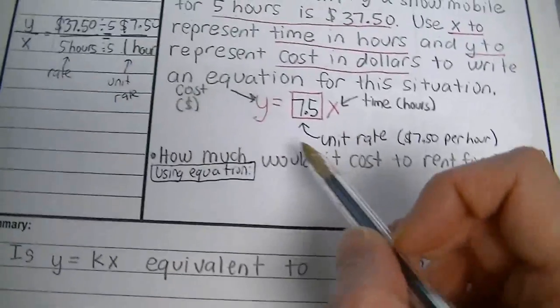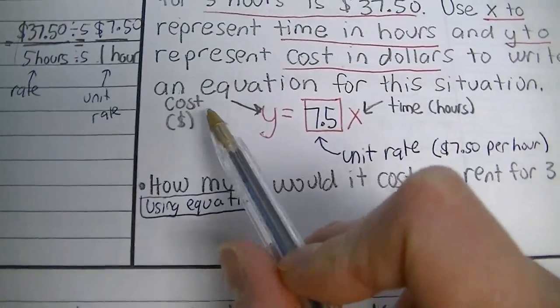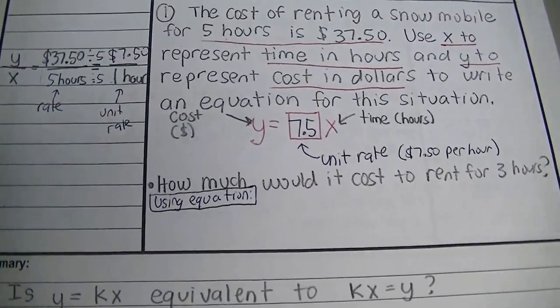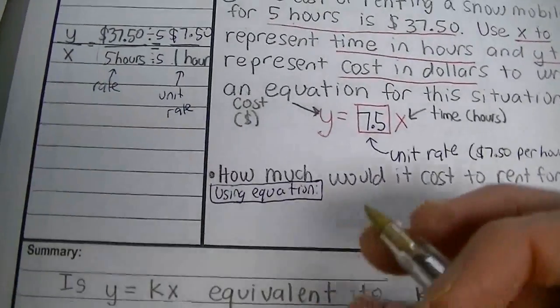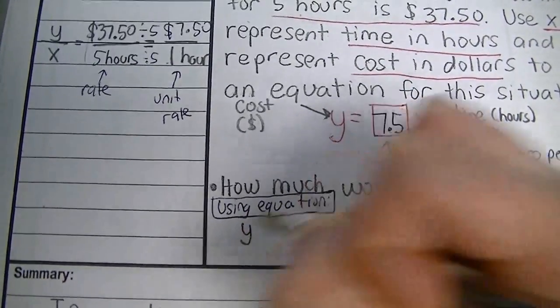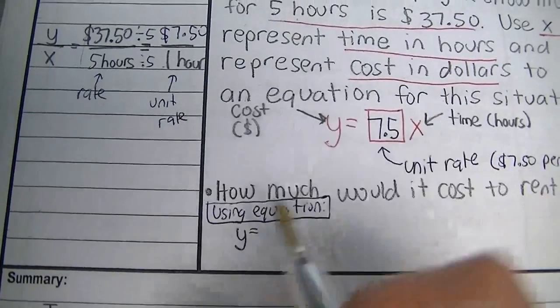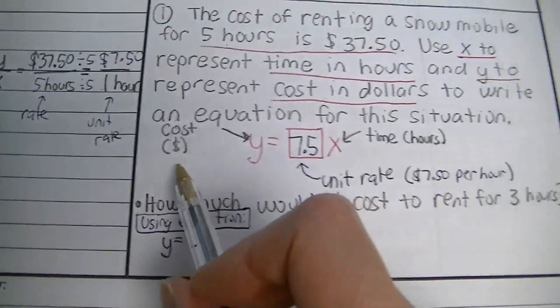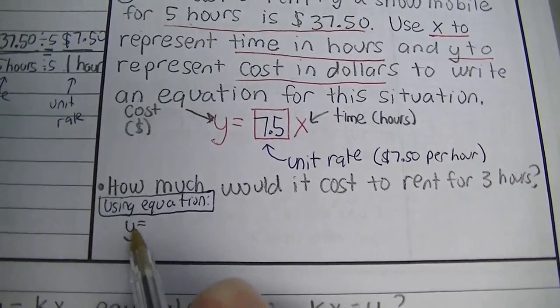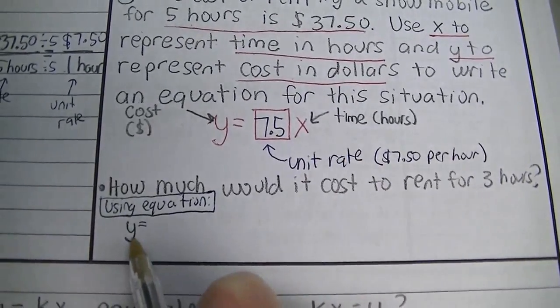All right, so right up here we have the equation, and it's really nice that you have it already labeled. And please always label, because later on in the future, it's always going to help you, okay? So I'm going to write down y equals. I kept it y because we don't know the cost. See how it says how much would it cost to rent for 3 hours? I don't know the cost, I don't know the y value, so I'm going to keep it as a variable,